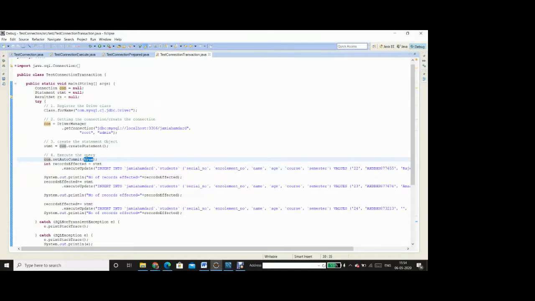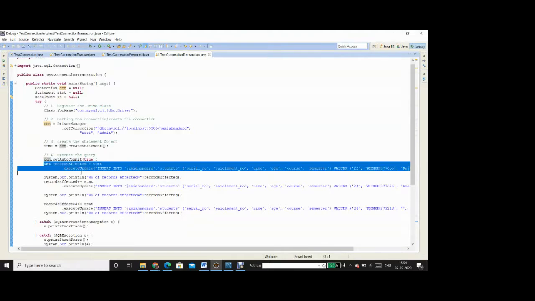So this line means that for every statement, like for example this statement, as soon as it is executed, a commit instruction will be sent to the database, and the effect of this insert statement will be made permanent in the database.